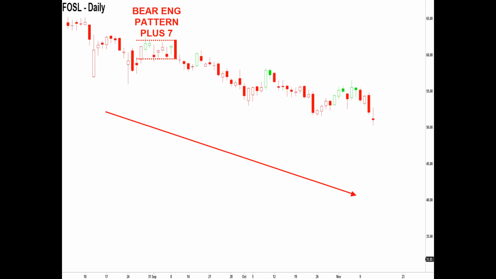Okay, it went down rather nicely. It wasn't a tremendous sell-off, but it continues to go lower. And as you can see many times, even while the stock continues to go lower, you're met with other signals. Now, coming into the end of October, guess what? There was another bearish engulfing pattern, +5, and bar number 2 was colored red. So once again, you have two high probability techniques that are telling you that this is going to be a